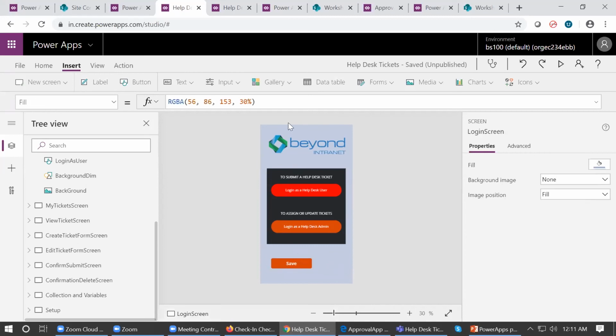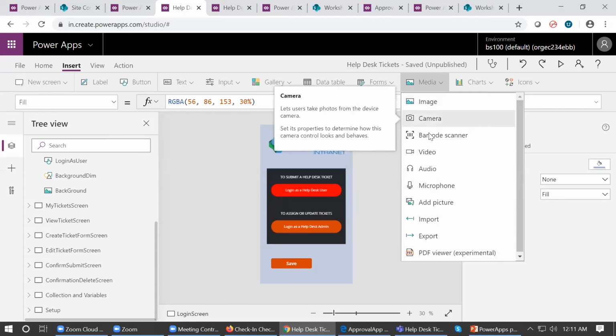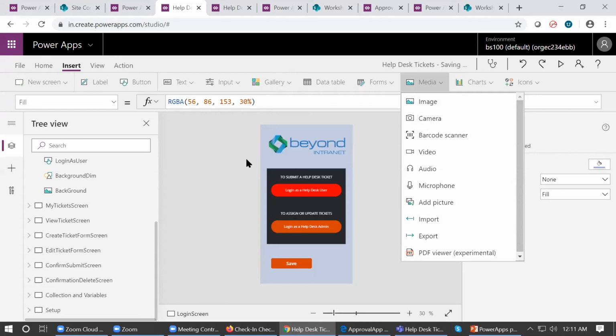I would also like to let you know that Power Apps works with the native features of mobile phones as well, like camera and barcode. If you use the camera tool, basically the camera tool is used to take snaps with devices, like Android and iOS devices. You can simply take the photos, and the user can upload those photos in the data source, anywhere from where the application is running, right? So there is a barcode scanner, and there are different native features which you can use in your application.